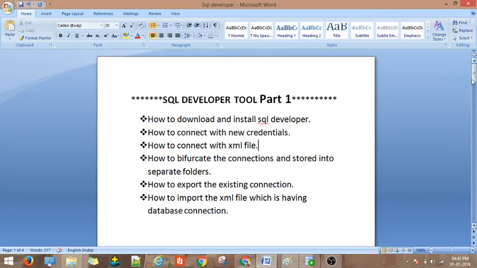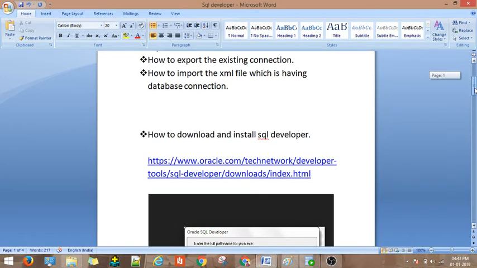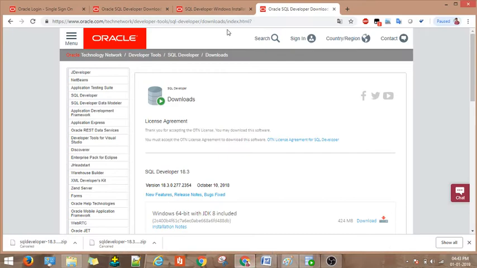Let's go to the first one, how to download and install SQL Developer. For that, go to this path, copy this path, open any browser and paste it here, and press enter. You will get this page.